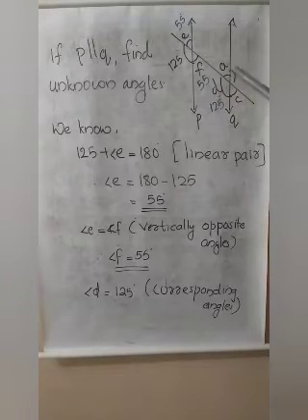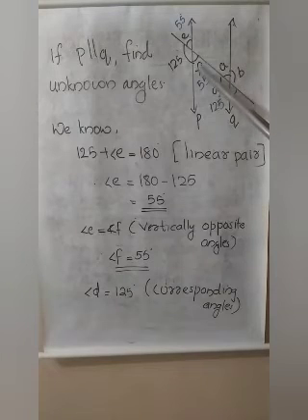This is the vertex opposite to D and this is the vertex opposite to B, isn't it? So D and B are vertically opposite angles, so they are equal. So if D is 125 degrees, would we have B also 125 degrees? So we got B equal to 125 degrees. Now how can we find the value of A?